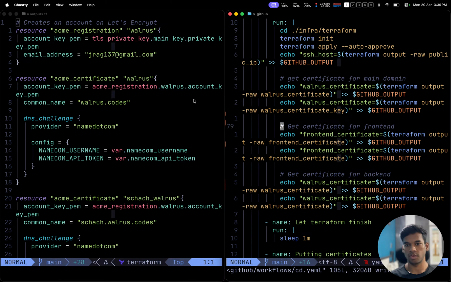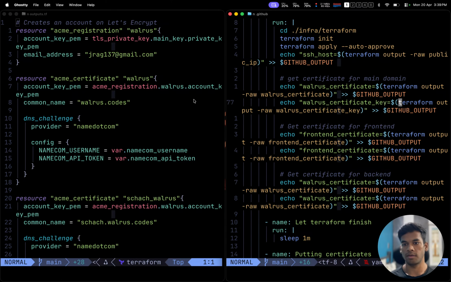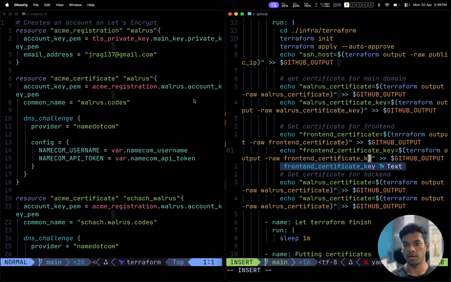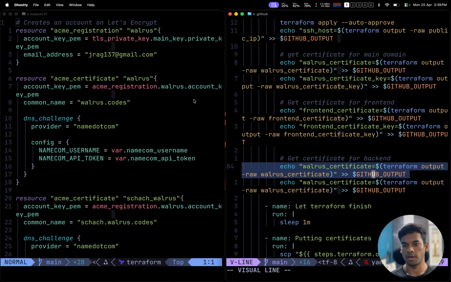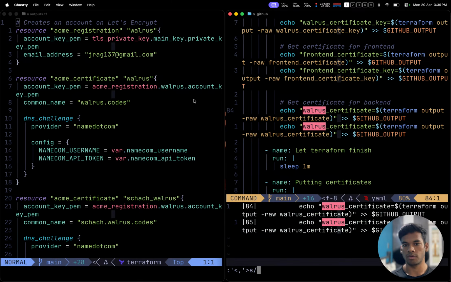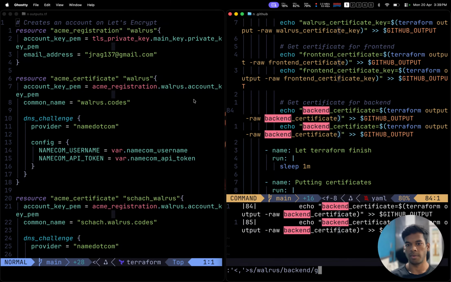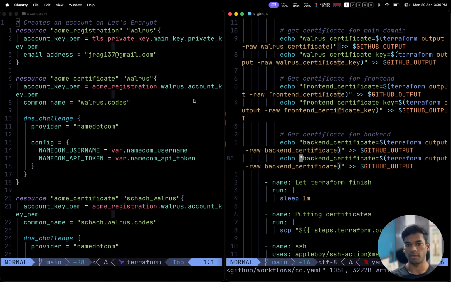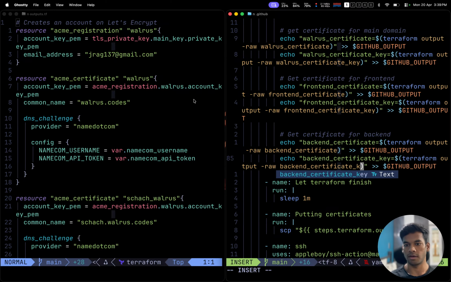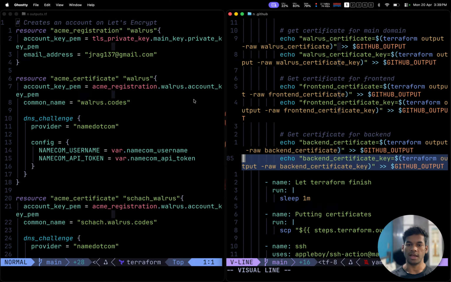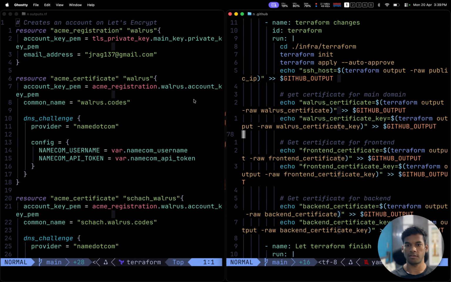And here we also have to change this name, certificate key here, and then here underscore key, here also underscore key, and here substitute walrus with backend globally. Enter, underscore key here, underscore key. Okay, that will get the certificates